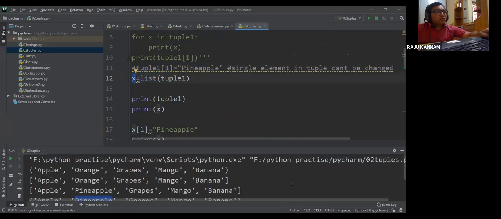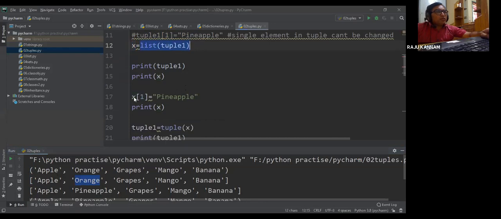So now see here, this is my tuple, and I have converted it into a list. How can we identify tuple and list? For a tuple we have normal brackets, for a list we have square brackets. In the list we can change any element: x equal to list of tuple 1, and then x of 1, that means at index number 1, I change it to pineapple.